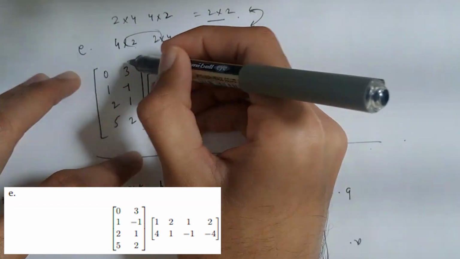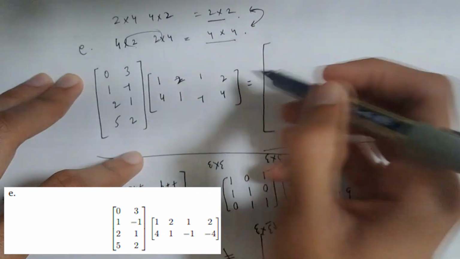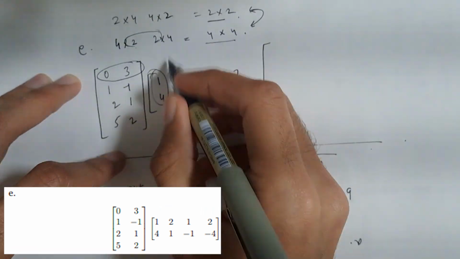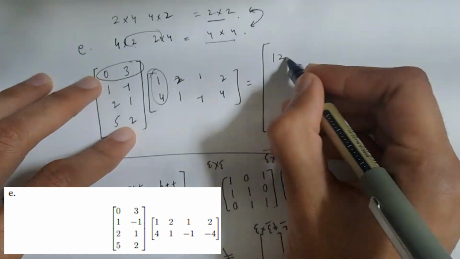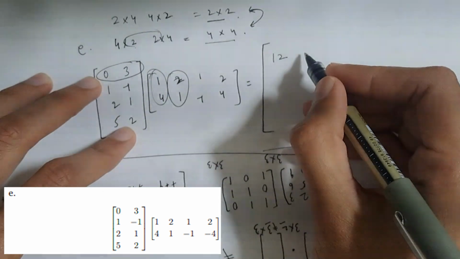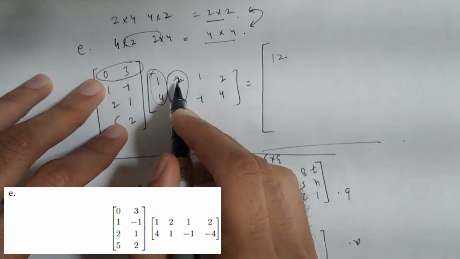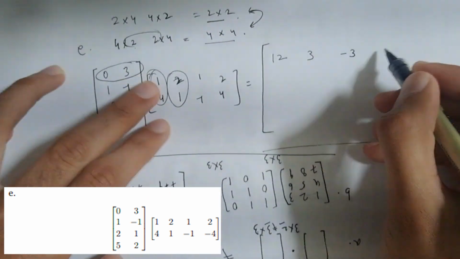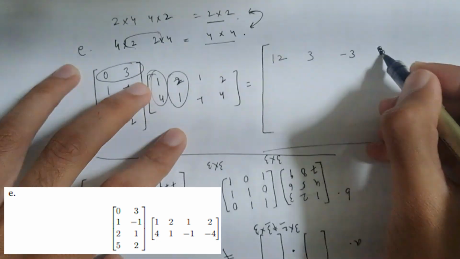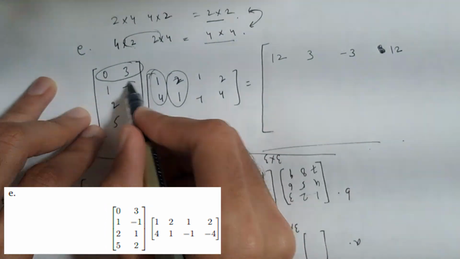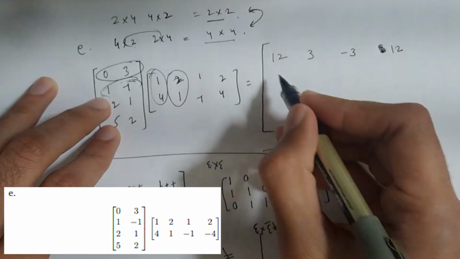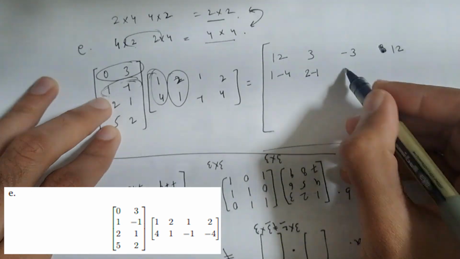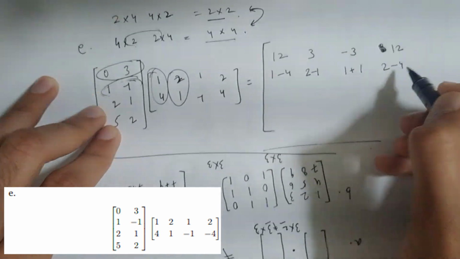So remember, you're going to take a row, and don't get confused with columns and rows. I do that all the time myself. Let's hope you would be sharper on that. So that would just be 12. So remember in this case, every first element will be 0 and only 3 multiplied the second element. So that is 3, that is minus 3, and that is, 4 times 3 is 12 again, my bad. Anyways, 1, that is 1 minus 4, 2 minus 1, 1 plus 1, 2 minus 4,